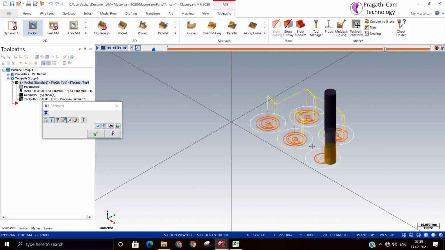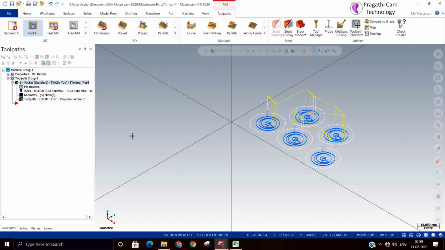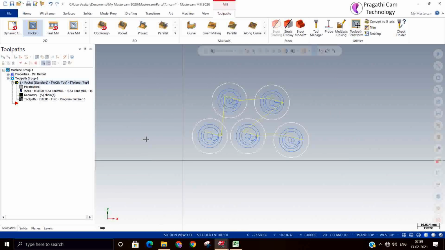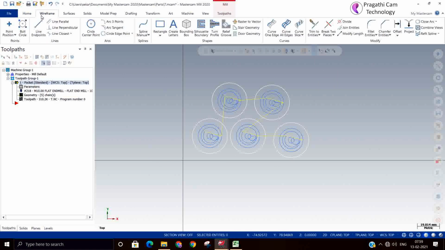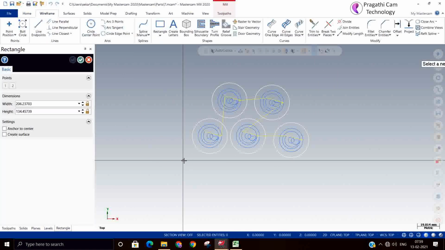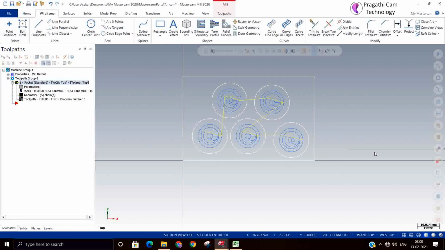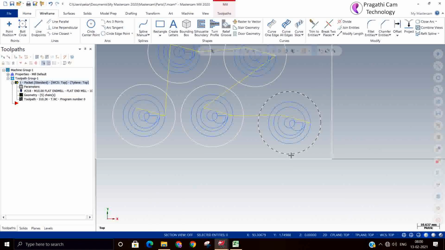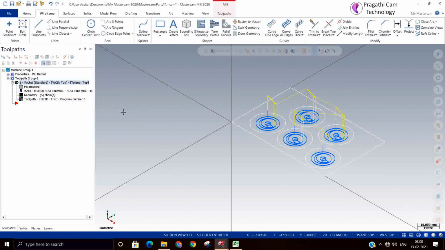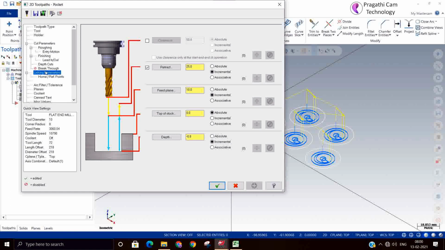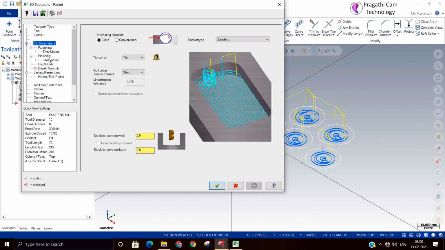To avoid this, there is an option available here. You can see in between these two there is very little width. For this thin material, this by depth option will be useful. How is it going to cut?